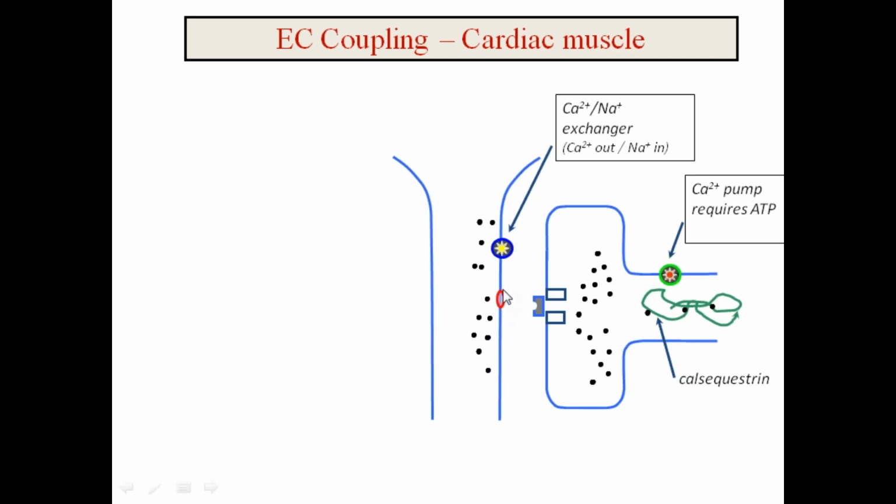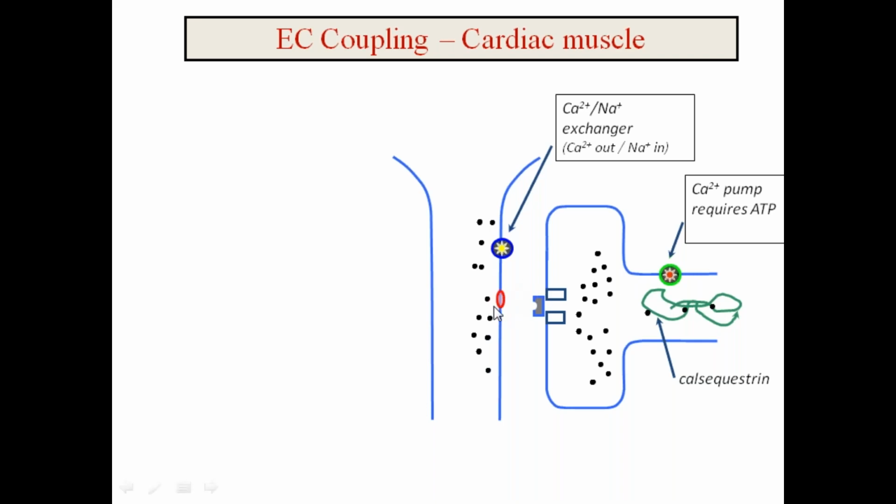In cardiac muscle also you have the dihydropyridine receptor in the T tubule, and you have the ryanodine receptor, which is present in the sarcoplasmic reticulum. Now, one thing before that: remember in skeletal muscle, the calcium required for contraction was coming from inside of the cell. All the calcium was coming from the sarcoplasmic reticulum of the muscle fiber. There was no role of the calcium present in the extracellular fluid. Now, keeping this in mind, just see how the contraction happens in cardiac muscle. In cardiac muscle also you have the dihydropyridine receptor.